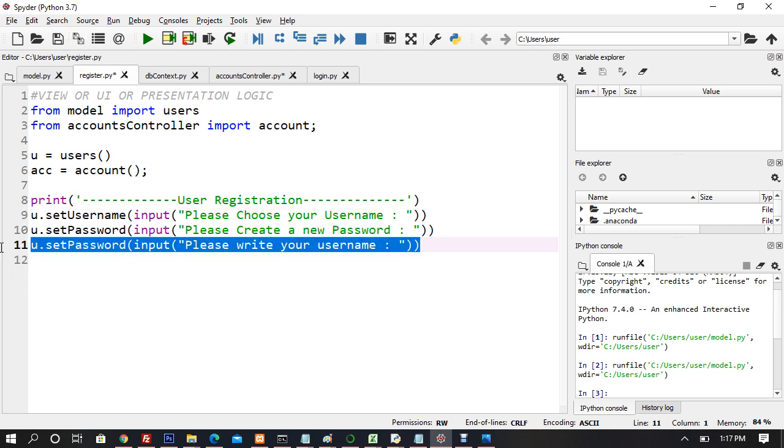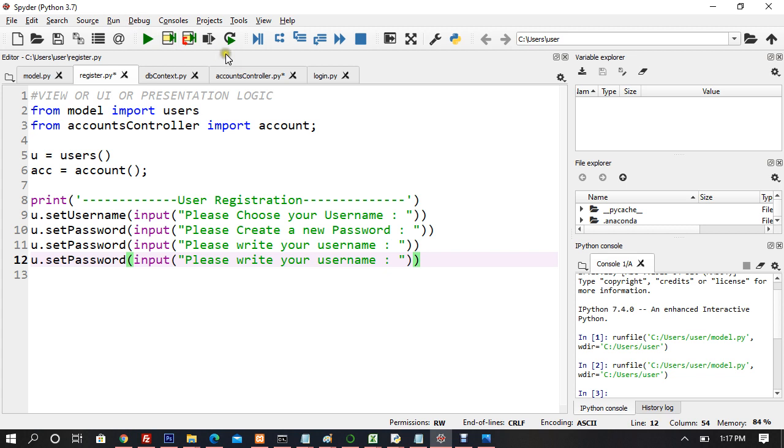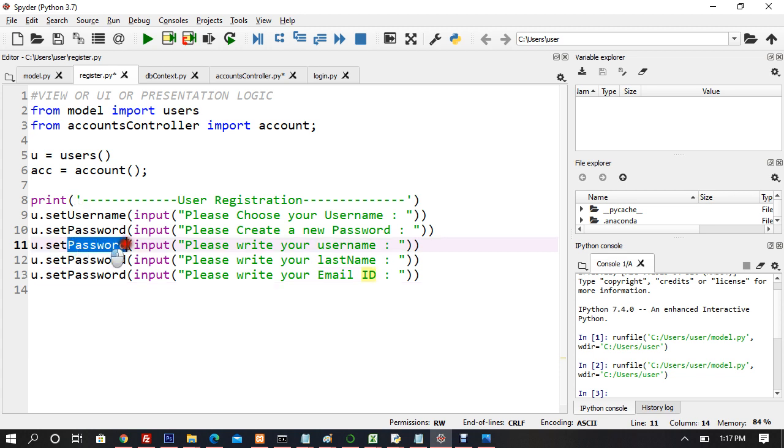Now I will say please write your last name. I can say please write your email ID. So now I have a password, and this is going to be please choose your username, please create a new password, please write your contact,